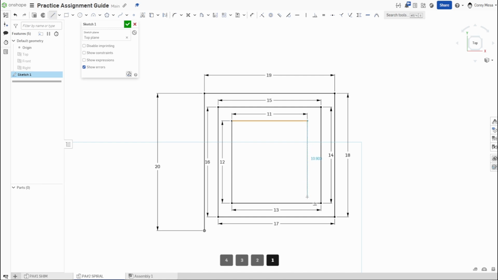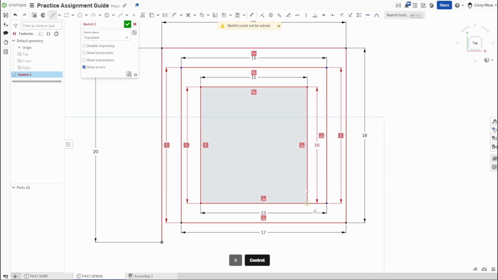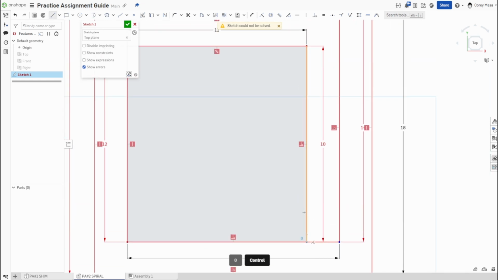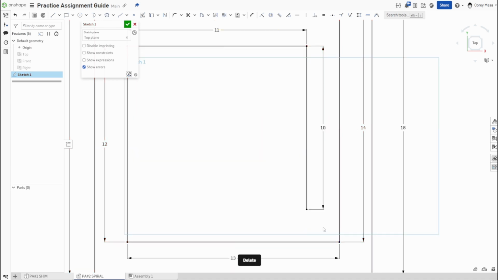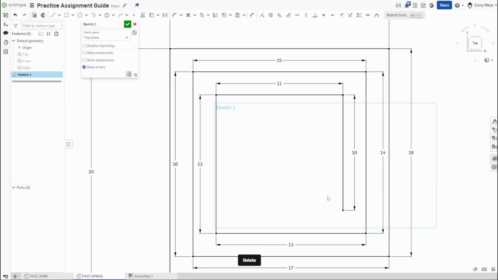Now, something some people start to run into is they'll click like here. Well, if I do that and I tell this needs to be 10, it's going to break because I can't be attached down here and be horizontal or vertical and be 10 at the same time. So something has to give. So what we do is if we come down here to this coincident constraint, I can delete that constraint and you'll see that it'll fix those things. So when you're using these tracking constraints, just make sure that you don't actually go and are aligned with something else. So after 10, it's going to be 9,